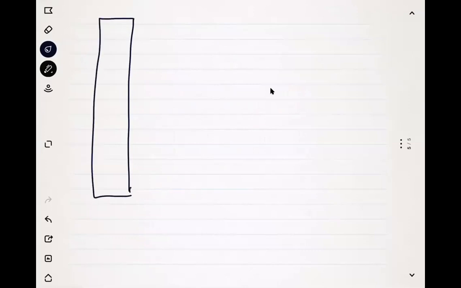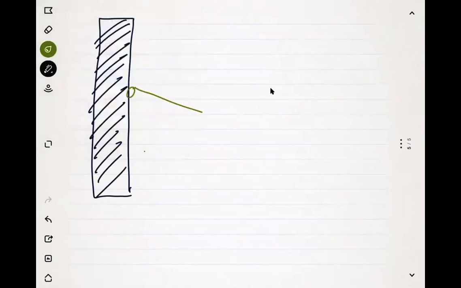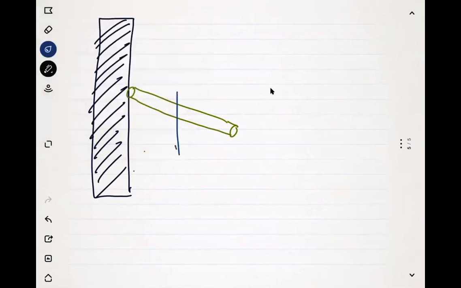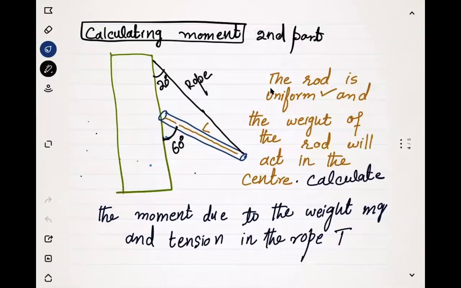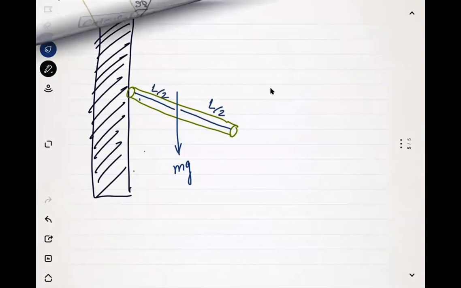on the rod, they are, if this is the wall, and the forces which are acting on the rod, they are one of the forces is the weight of the rod that is acting vertically downwards, and this weight of the rod will be acting in the center, like on this side, and on this side this would be half of the length of the rod. And as you know,